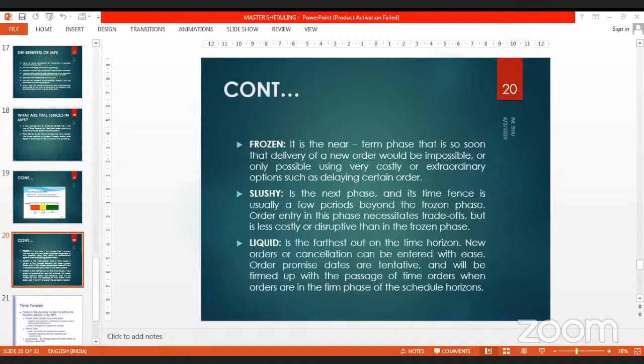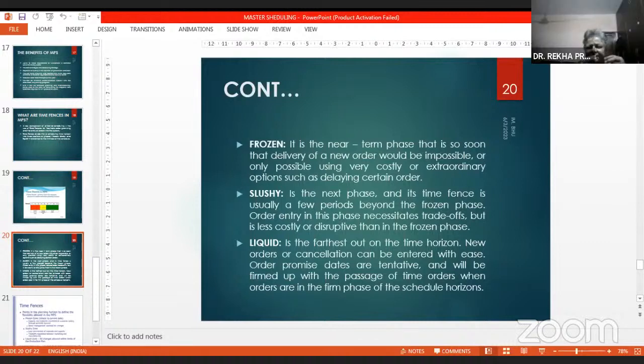Liquid. It is the farthest out on the time horizon. New orders or cancellations can be entered with ease. Order promise dates are tentative and will be firmed up with the passage of time when orders are in the firm phase of the schedule horizon. So naturally, when it is in the initial phase, it is frozen.